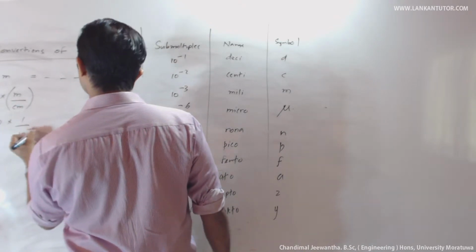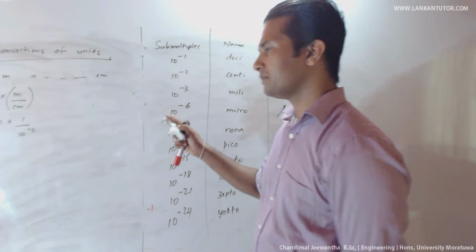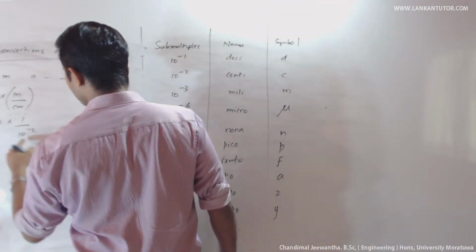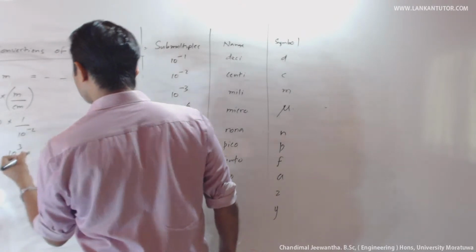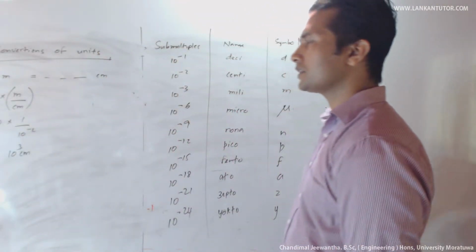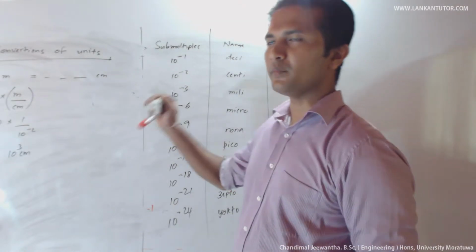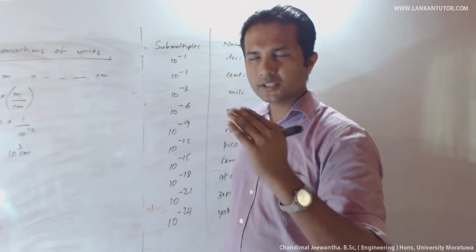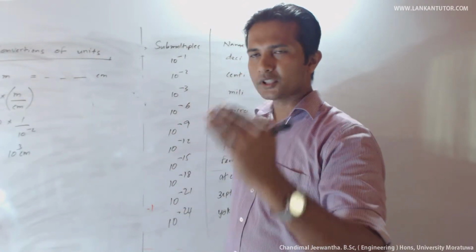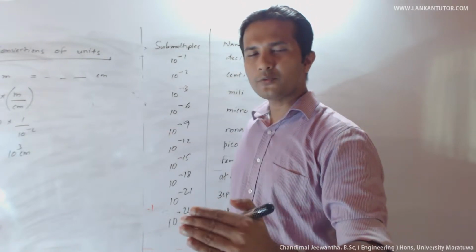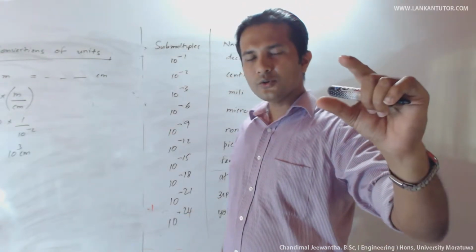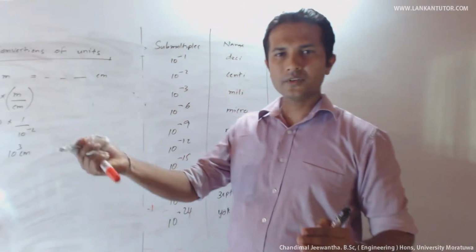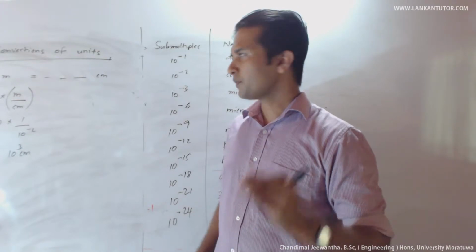Centi, that is 10 to the power minus 2. When it goes up, it becomes 10 to the power 3. So the unit should be the final unit as centimeters. Therefore, we know that 10 meters is equal 1000 centimeters. This should be the procedure. What is the procedure you have to follow? The procedure is just get the ratio between initial unit and the final unit. If there is some powers, you have to consider those powers.